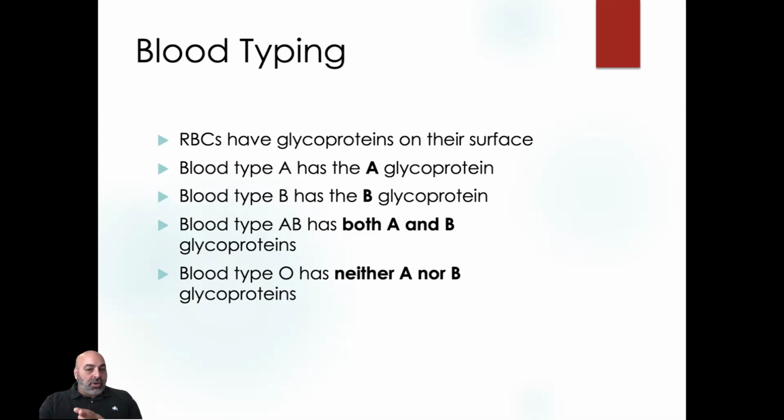But if your partner is OO or AO or BO, what can happen is they can pass the O on because you pass on one allele. They pass the O on, and you pass the O on, and you can have a child that's O blood type, even though neither of you are O blood type. Okay. So AA or AO,